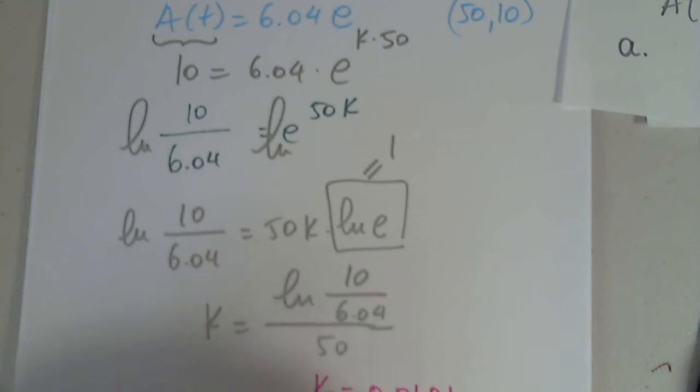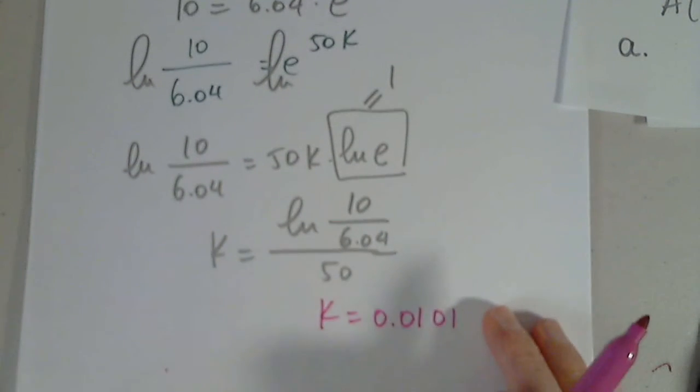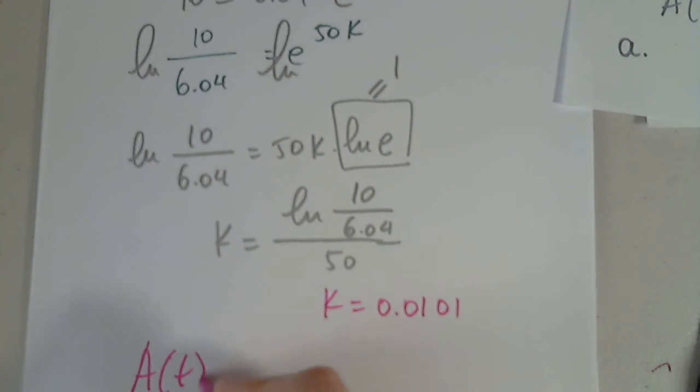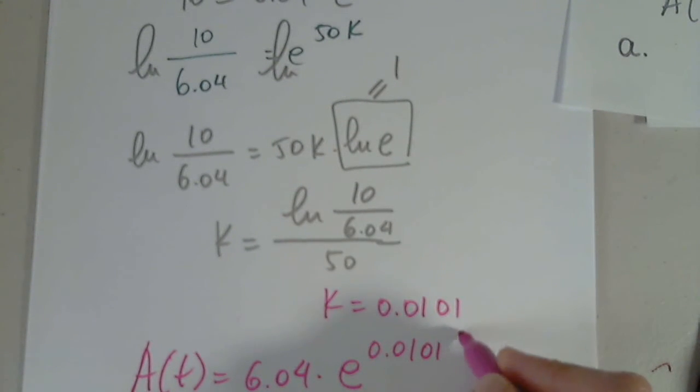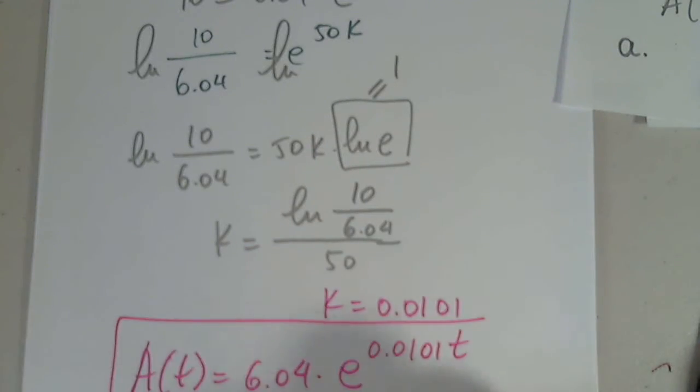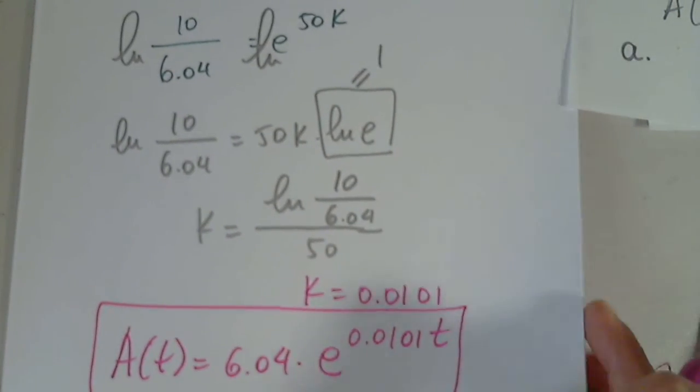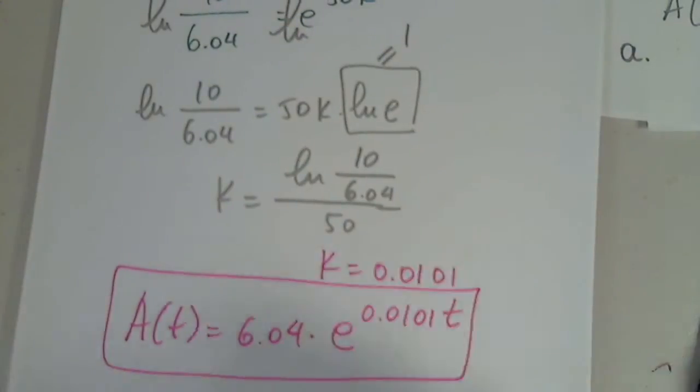If you want, you can use 5 or 6, but at least 4 decimal digits. So now we have the entire model. It's 6.04 times e to 0.0101 t. We determine the model. Everything is known now. Part B of the problem is asking us to find in which year will the population